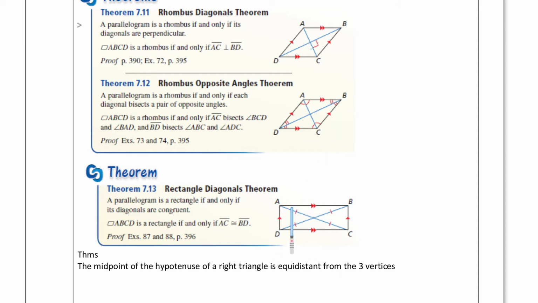Look on a rectangle. It's obvious that this angle is smaller than that one. So you notice how the diagonals do not bisect the angles, whereas on a rhombus, they do. Because a square is a rhombus, these properties will work on a square. The diagonals of a square will be perpendicular. The diagonals of a rhombus will bisect these opposite angles. And then a parallelogram